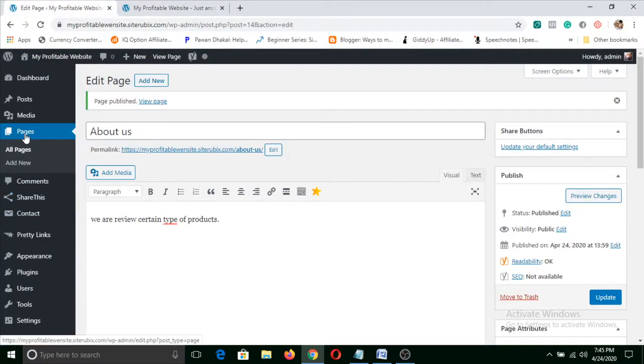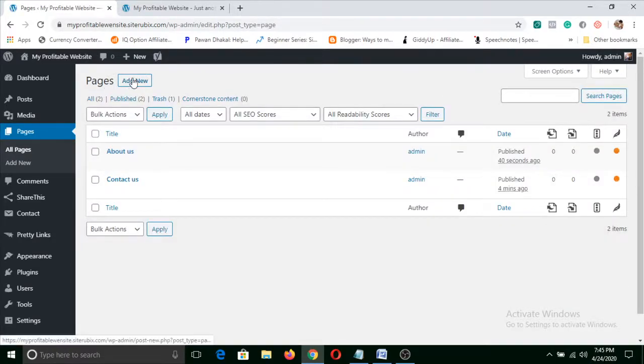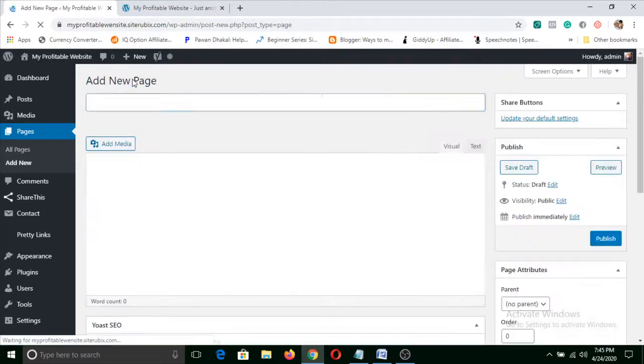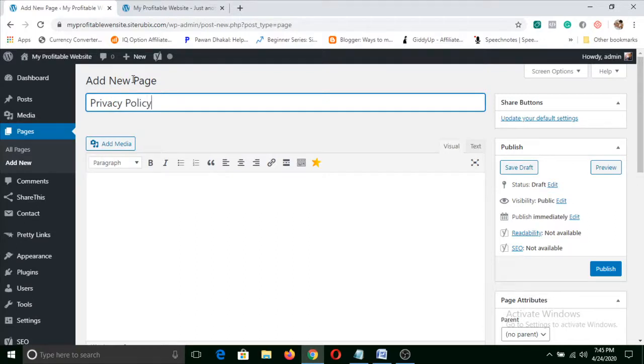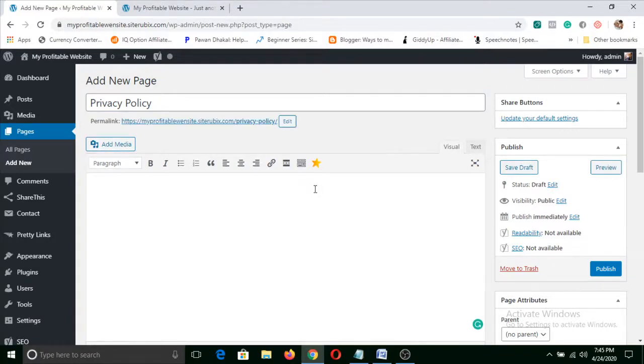So again, you need to click on pages and click on add new page. Now here we will make an important document that is called a privacy policy.